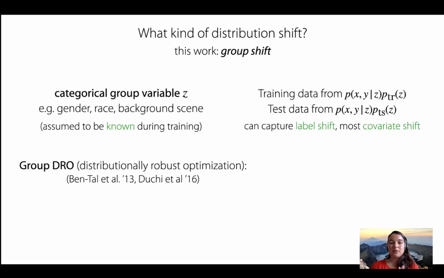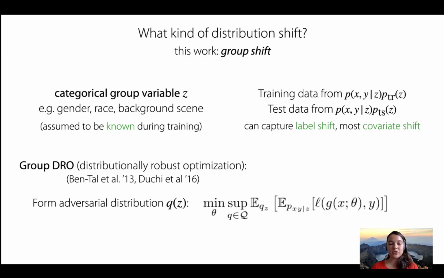Now, one very popular approach for handling this kind of distribution shift is called group distributionally robust optimization. Essentially, this tries to form an adversarial distribution Q of Z and optimize for the worst case distribution over Z, such that when you're given, maybe at test time, a minority group, such as a minority race or a minority gender, you get the best worst case performance, even if that group is heavily underrepresented in the data. This approach can enable very robust solutions to these kinds of groups.